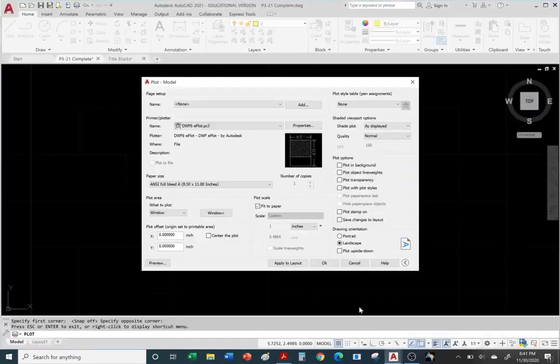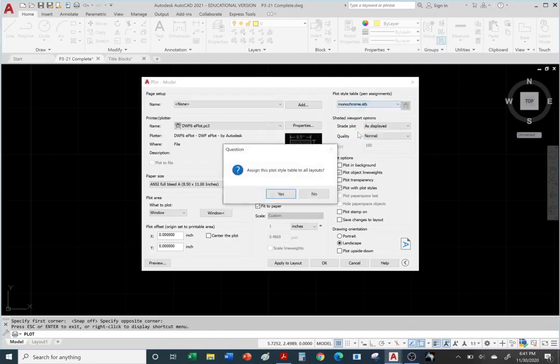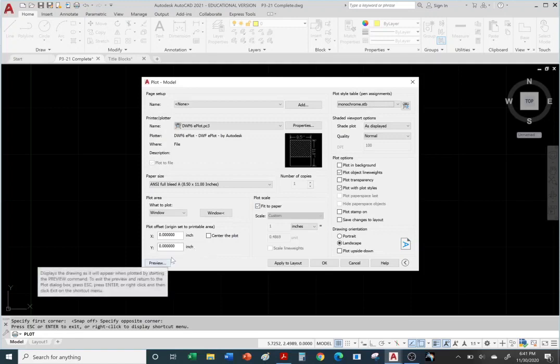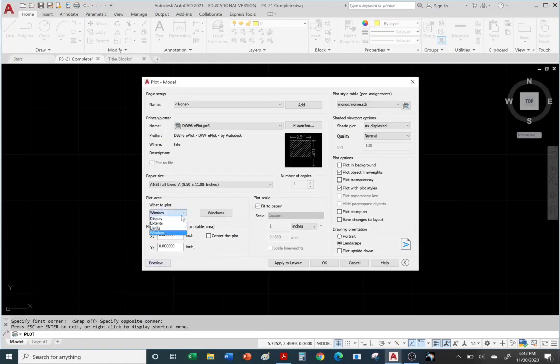Okay, let's go back to AutoCAD. Okay, so go ahead and select those options. Plot object line weights, plot styles. Oh, and I cannot pick the other one. Okay, so pick the ones that you're able to. And go to monochrome. And yes. Okay, so let me go ahead and go to